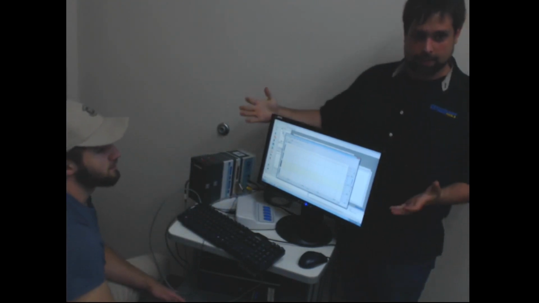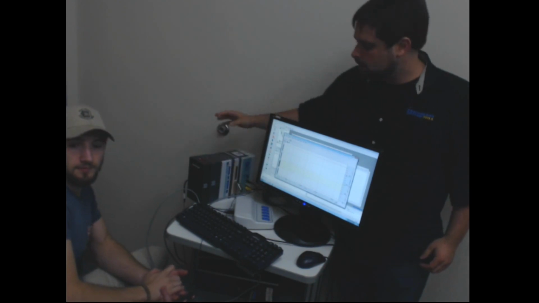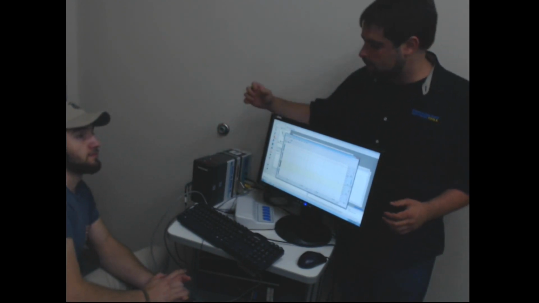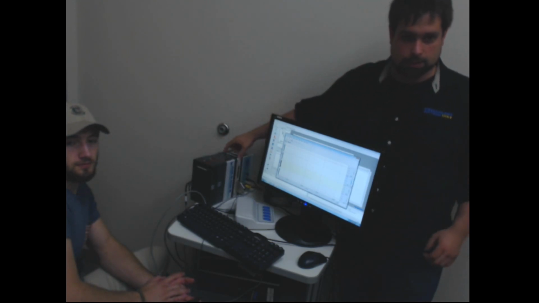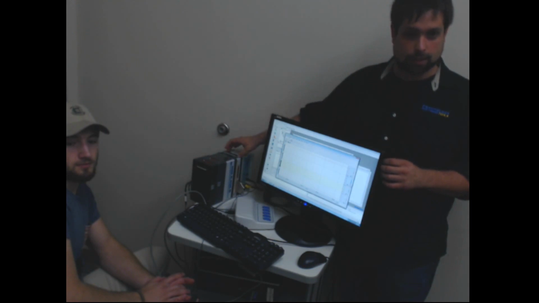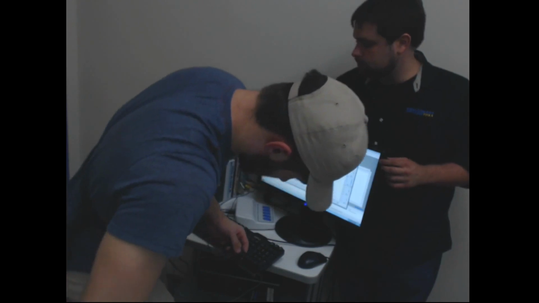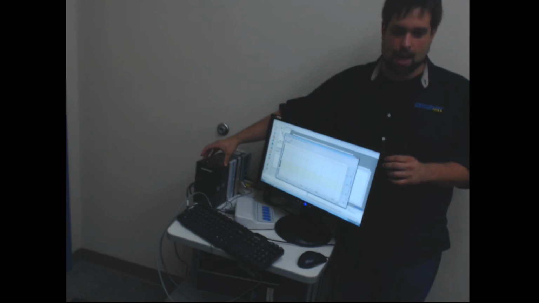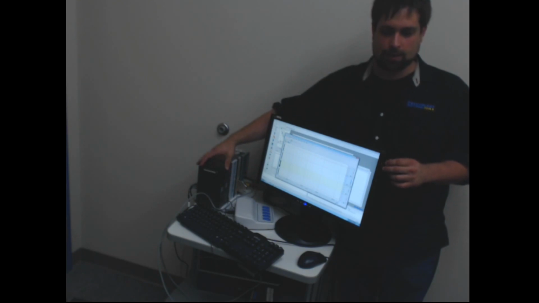Alright, so this is the hardware setup for Biopac. As you can see here, we have the MP150, and we actually just have 3 of the important modules hooked up. The first one is this one right here. This is an STP100C. This is where the digital signals from Biopac are being input. And then after this, we have these two at the end. This first one is our respiratory belt, and this second one is our